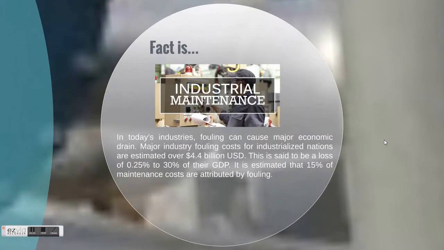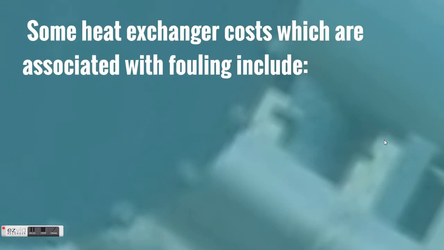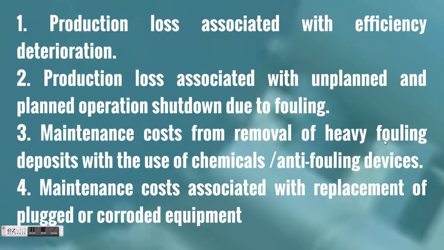The fact is, in today's industries, fouling can cause a major economic drain. Major industry fouling costs for industrialized nations are estimated at over $4.4 billion USD. It is estimated that 15% of maintenance costs are attributed to fouling. Next, some heat exchanger costs which are associated with fouling include: